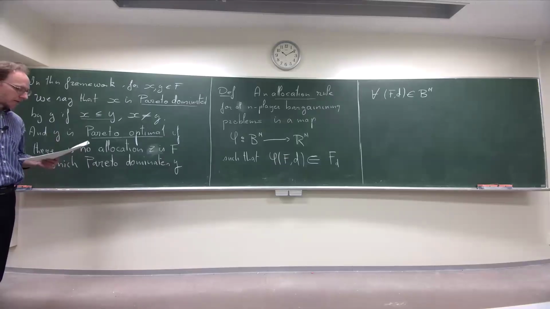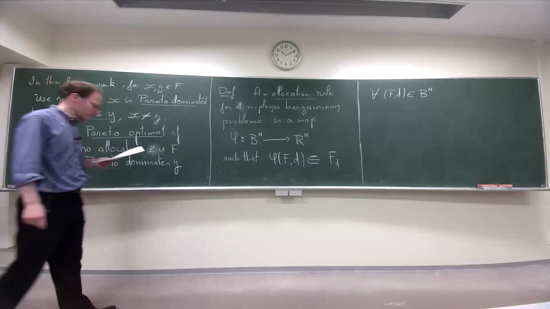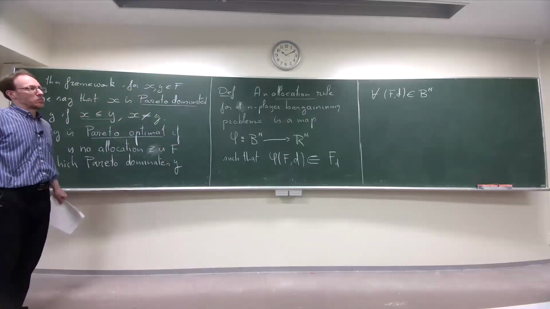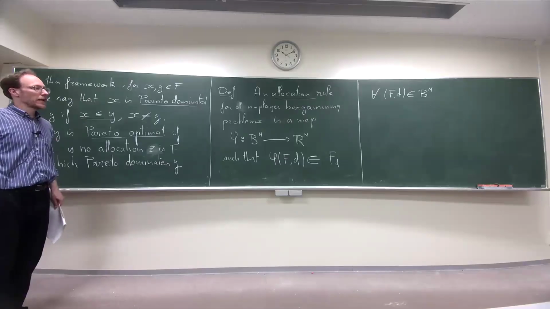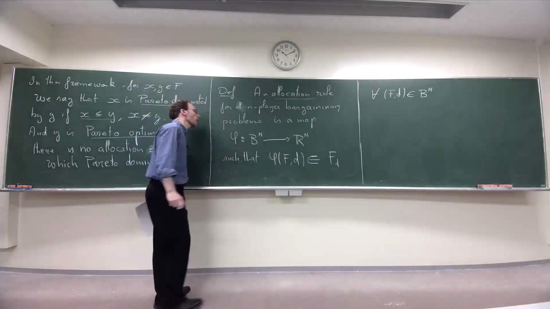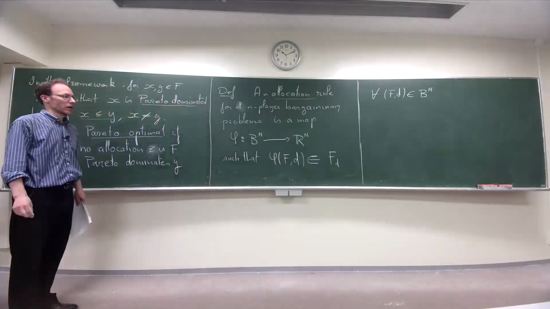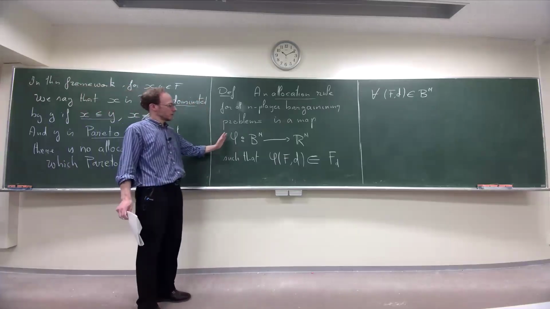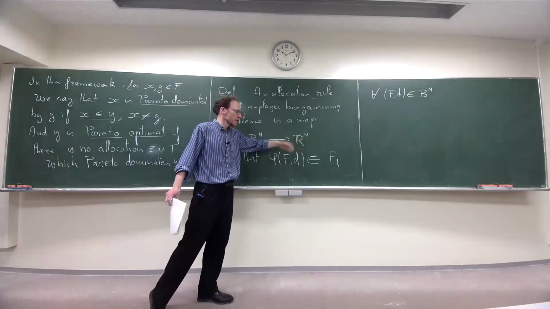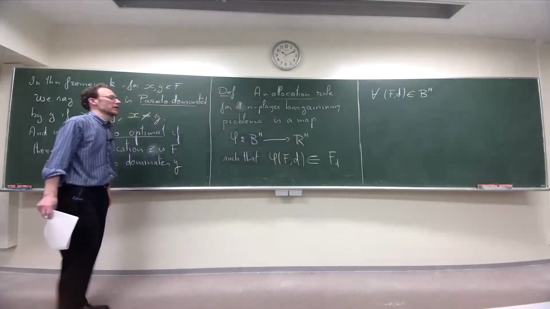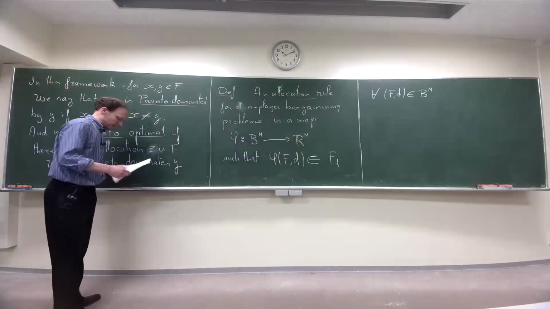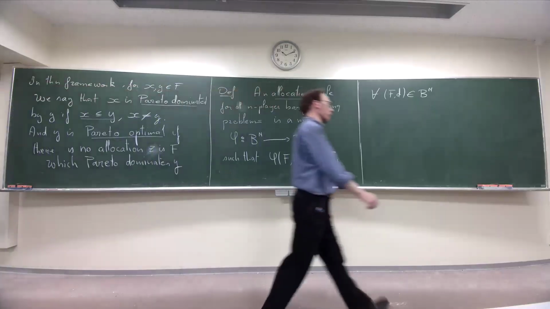Okay, this is an allocation rule. Then a natural question is, this is very general. Can I impose some condition so that there exists only one allocation rule? So there would be only one function which sends me to the best point in Fd. And indeed, there exists a list of 4 conditions,